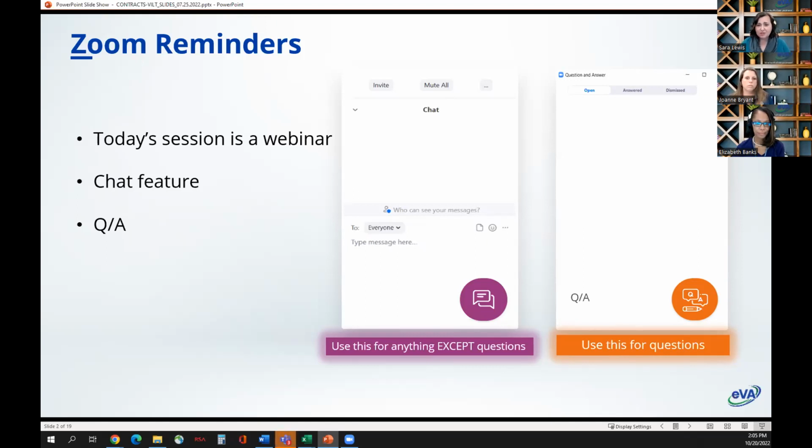There's also a question and answer box. This is where all of your questions need to go, no matter where we are in the webinar and no matter what the question is. And that's because we want to make sure that we have addressed all of your questions. And if there's a question we can't answer today, we want to make sure that we go back to our colleagues and get the correct answer for you. And if you put those questions in the chat, we're not able to guarantee that we'll be able to see it and address it. So please, please, please, all questions go in that Q&A box.